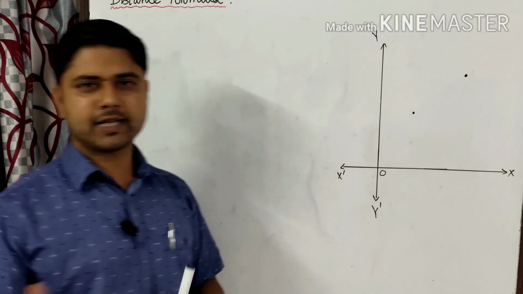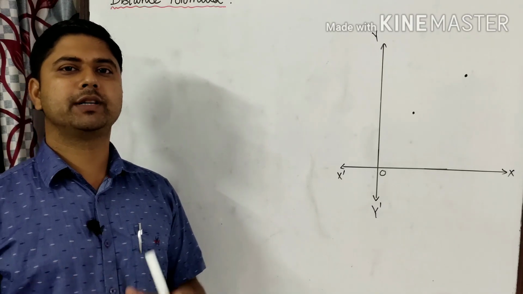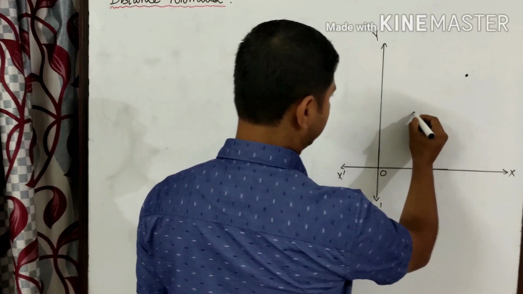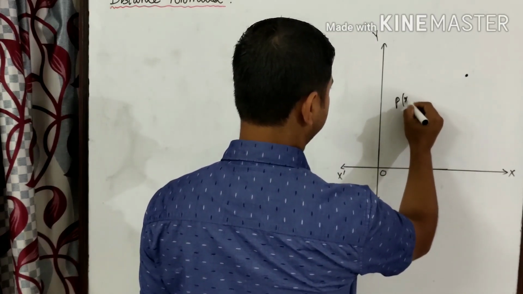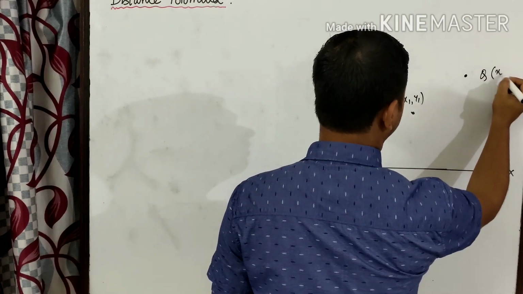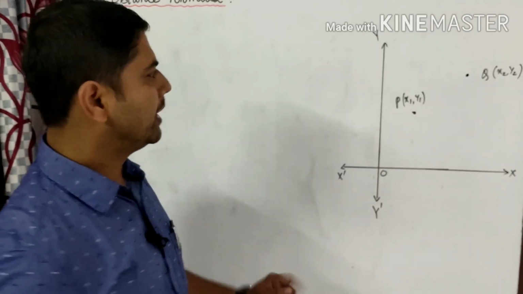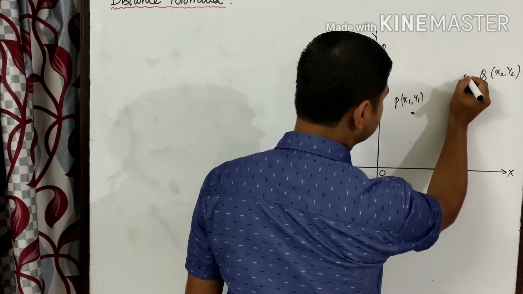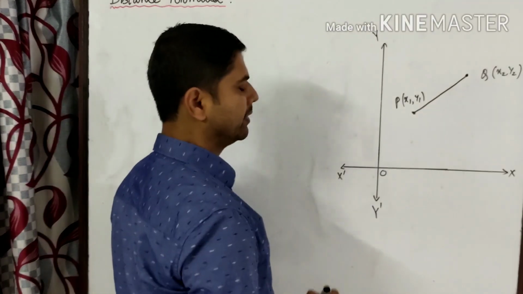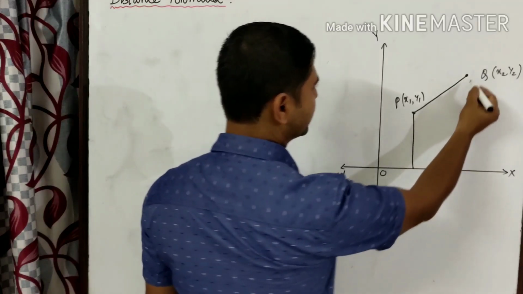Now I am going to discuss the distance formula. How can you find the distance between two points in a coordinate system? If we consider two points, one point is P (x1, y1) and another point is Q (x2, y2), you have to find the distance between these two points. If we draw a perpendicular line on the x axis from these two points,